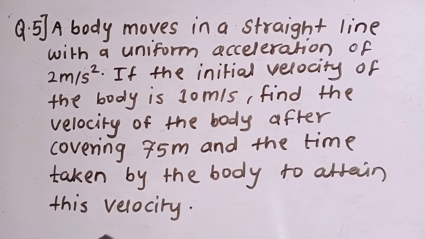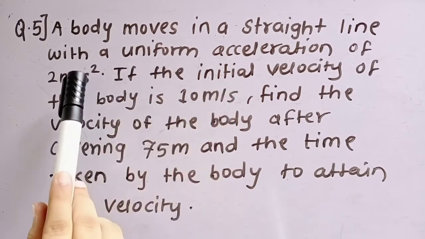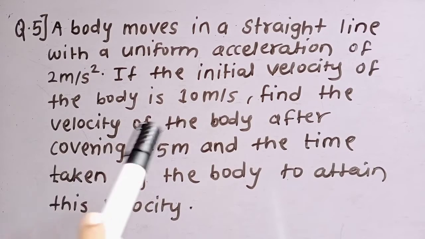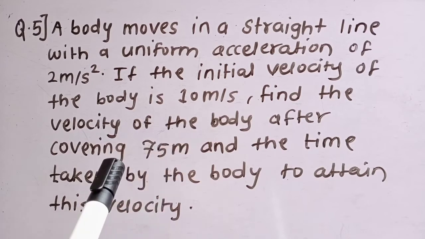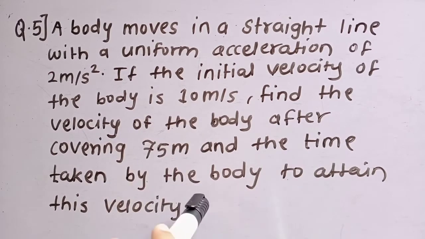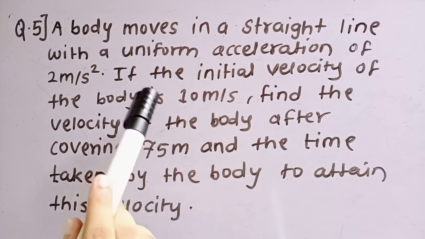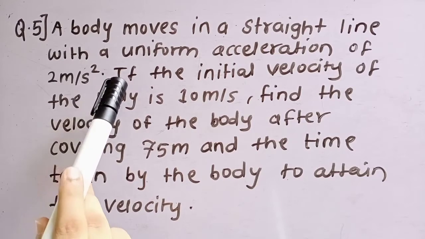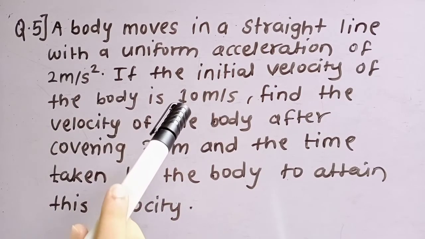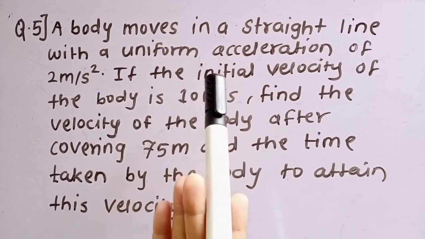So which equation will you use? Yes, here we can use third equation of motion, that is v square is equal to u square plus 2as, because we have u, we have a, we have s. Are you getting me, class? So first we can find the velocity by using that equation, v square is equal to u square plus 2as. Then we have to find what? Time t. So for that, you know final velocity, initial velocity and acceleration. So 3 parameters are there.